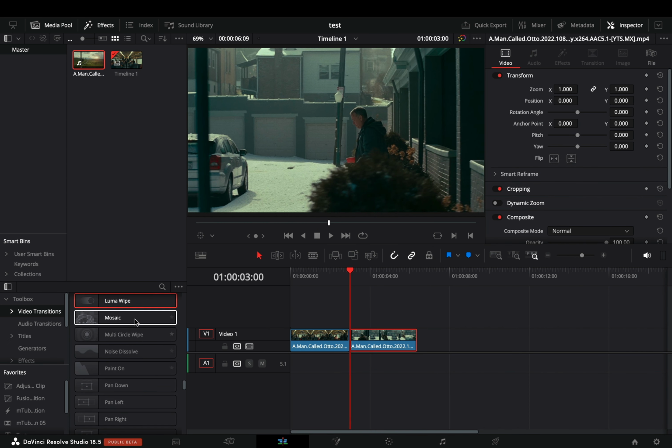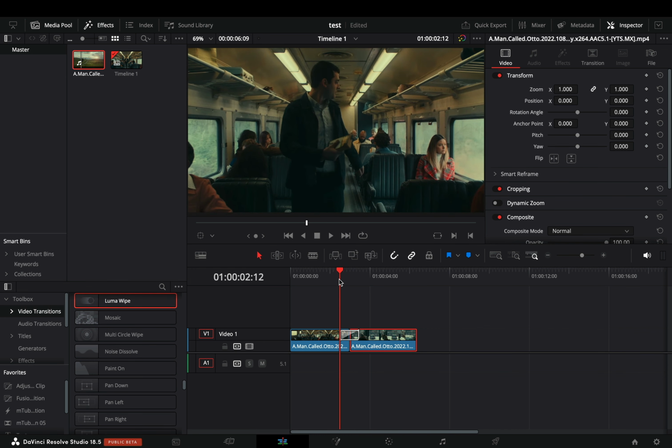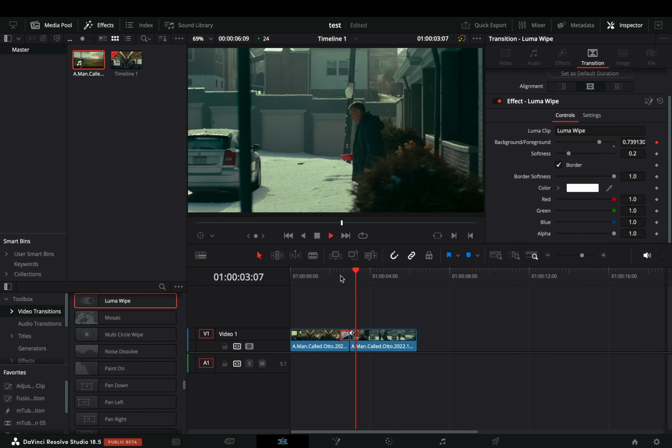Obviously, you have to drag the new Luma transition between your clips. What you'll get is this simple Luma transition. Select the transition and check the border box. You can change the color of the border if you want, but what I like to do is to open